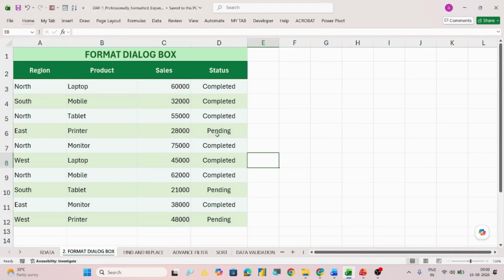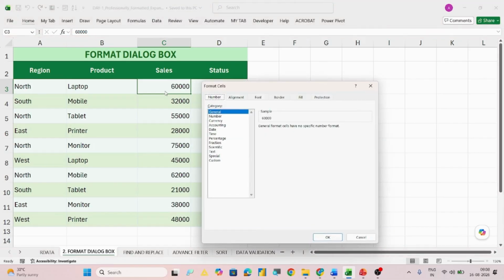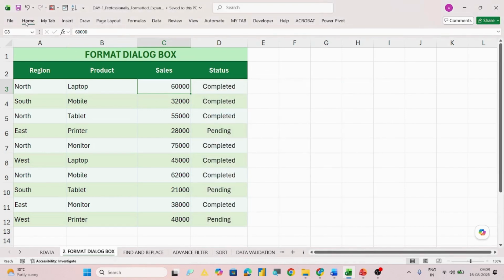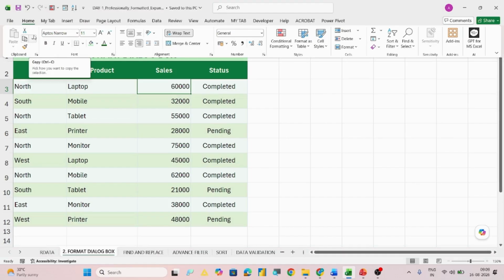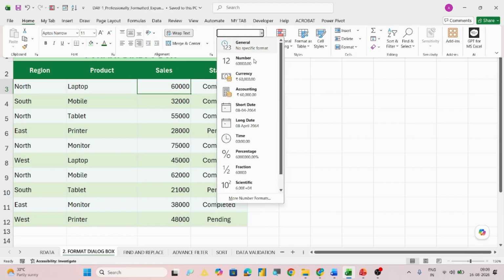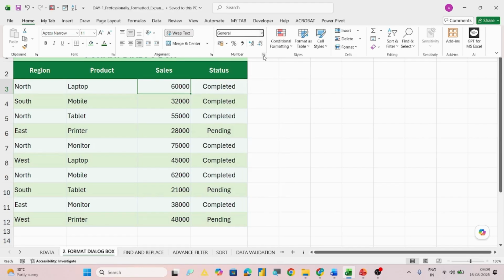You have to take your cursor over here, and then press Ctrl 1. The moment you press Ctrl 1, you will find this format dialog box, Format Cells. What is another way out? Another way is when you click on Home. This is the number group, this is 1, 2, 3, 4. Fourth is the number group, where all the number related formatting is given. You can do the formatting from here also, or you can open the dialog box from here also. This is the number dialog box.